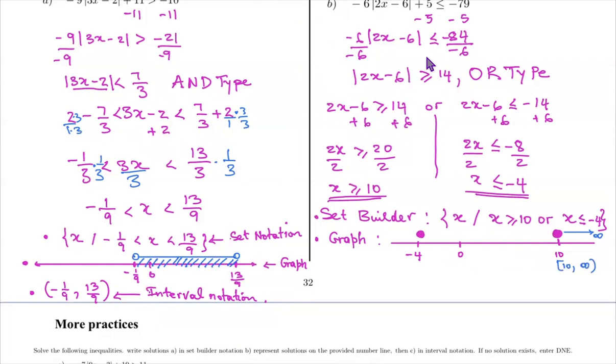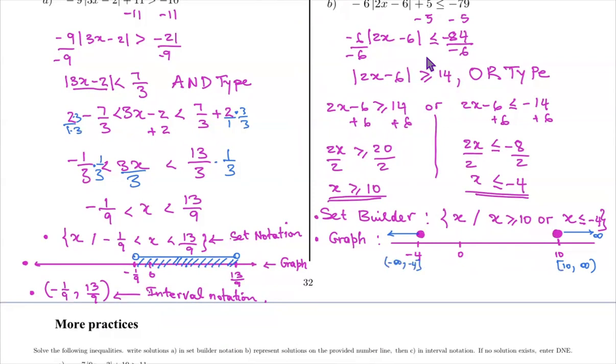And then the other part of the solution says x is less than negative 4. So that means we go to the left side from negative 4, including negative 4. So that means the other part of the solution will be from negative infinity to negative 4, including negative 4,